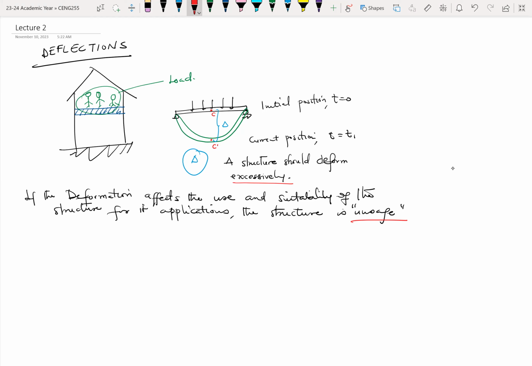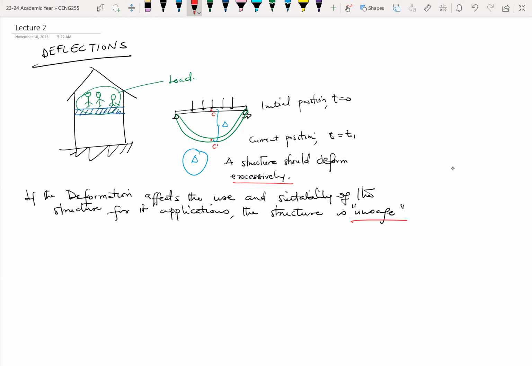So one of the key things in design is that you look at what we call serviceability loads. You look at them in third year. Serviceability loads are loads that we take into consideration when we are thinking of deformations. Right. We don't want the building or the beams or the columns or the slabs to deform beyond a certain